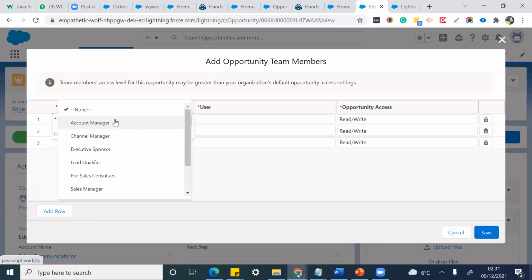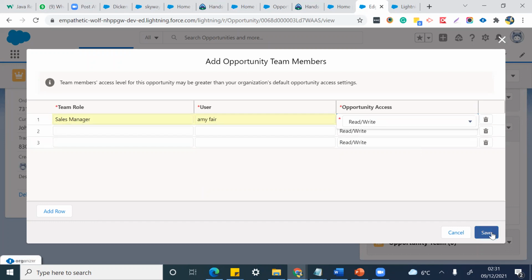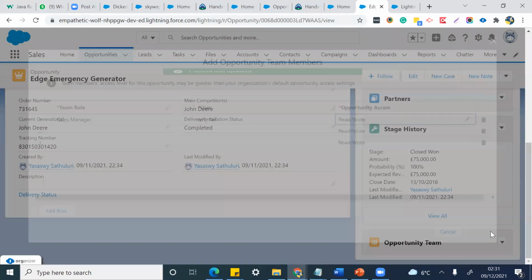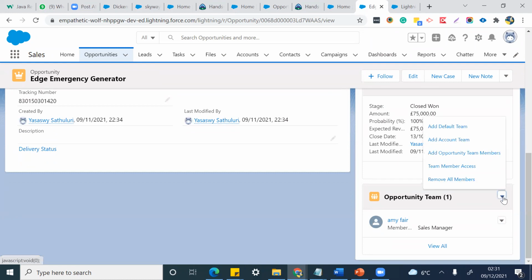Sales manager, user, something like this, and save. So the team will come up here, or you can use the default as well. Correct.